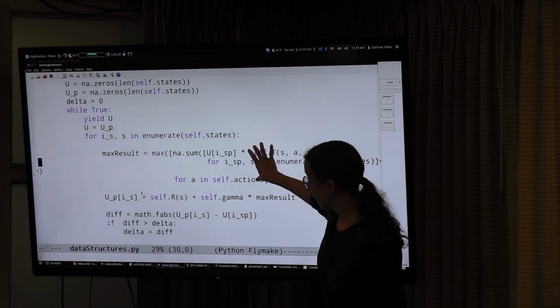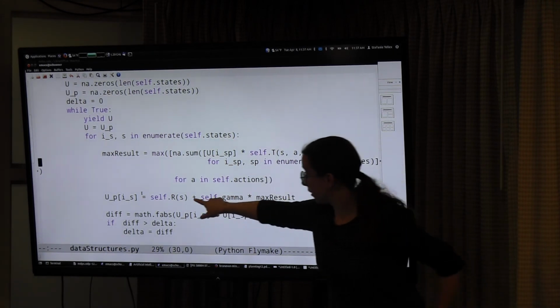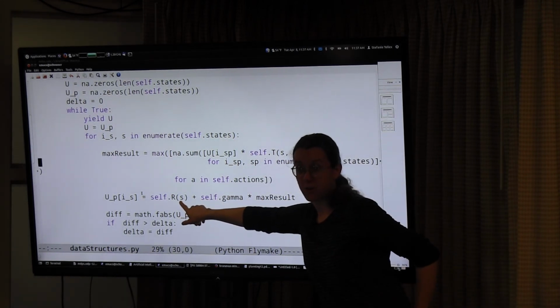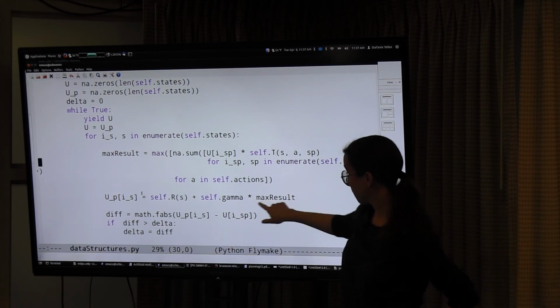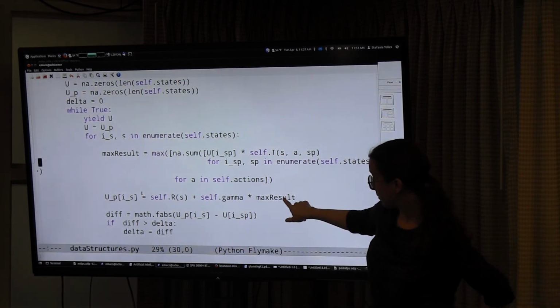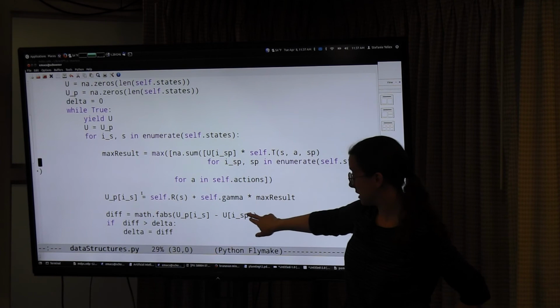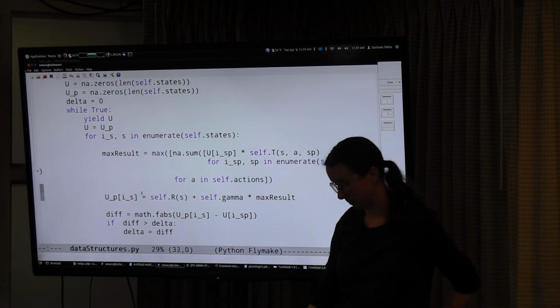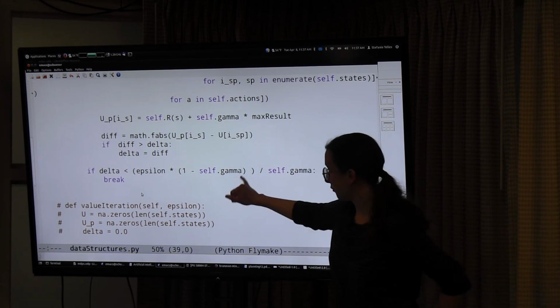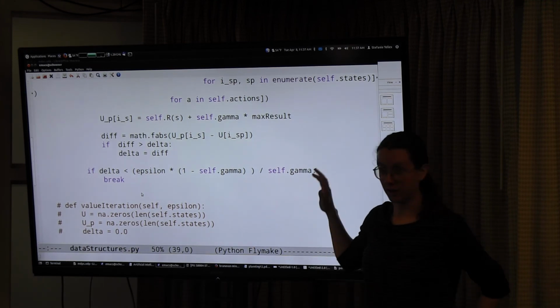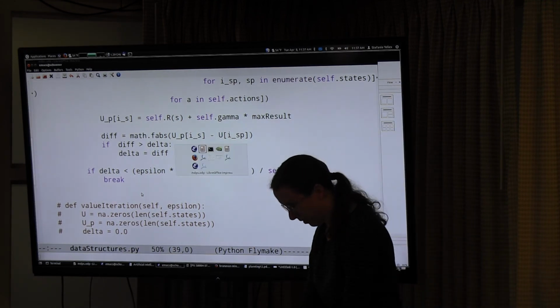All right, so I get my max result, I do my update. Here I look up the reward of being in the current state, and I multiply by my discount factor and the summation, and then here's my check if I've converged. So once things stop changing, it's going to exit. So when we run it,